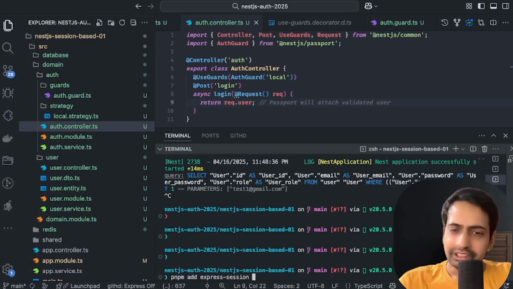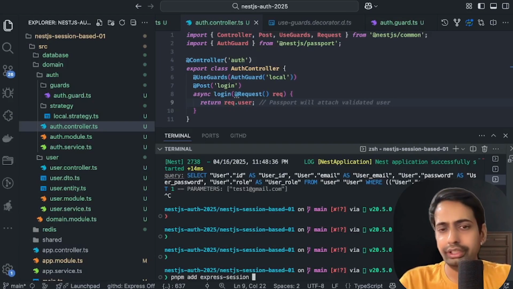Now the next thing is, let's start dealing with the session. What we want is, once you log in, you should get the cookies. Those cookies you can again pass when you are trying to hit the protected API route. So we need to add a